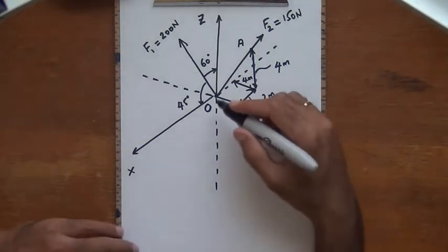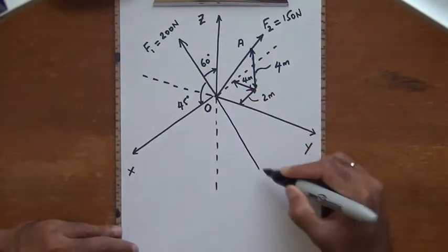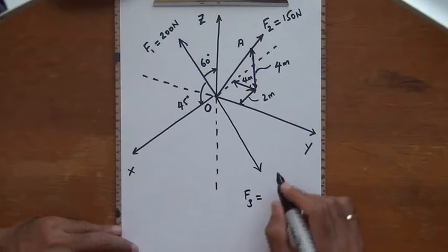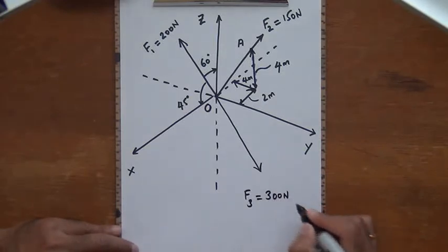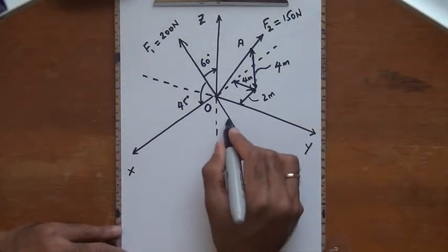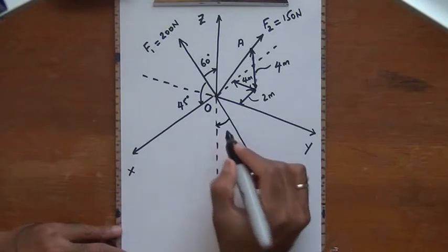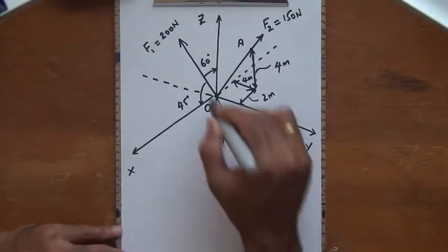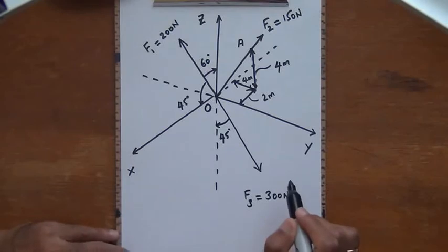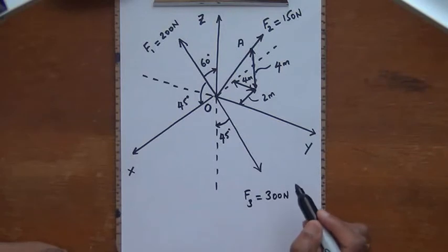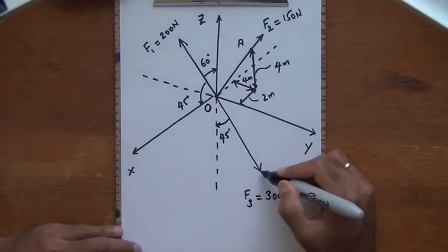I have the third force which is given to me in the following manner. This force, which I'm going to call F3, has a magnitude of 300 newtons, and the following information is given to us. An angle made by the tail of this force vector with the negative z-axis is given to us as 45 degrees. Notice that it's the angle made by the tail of the force vector F3 with the negative z-axis. So this means that there is a chance of us being able to obtain the coordinate direction angle about the z direction for the force vector F3,